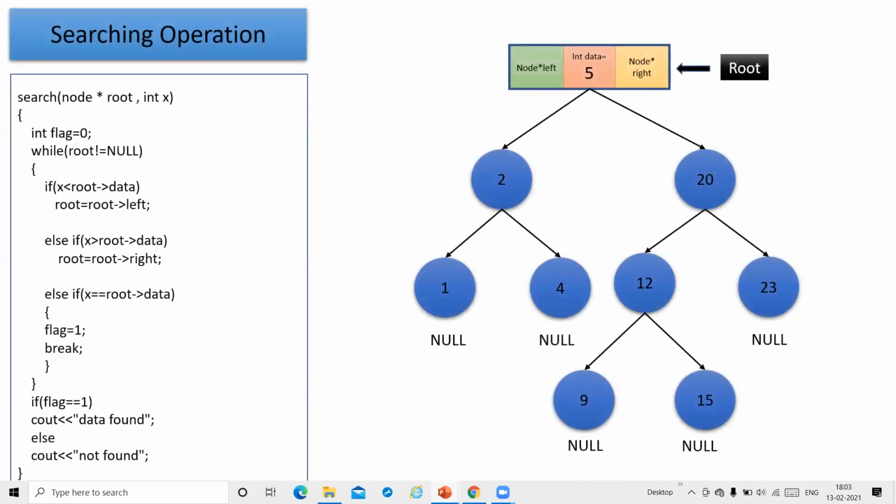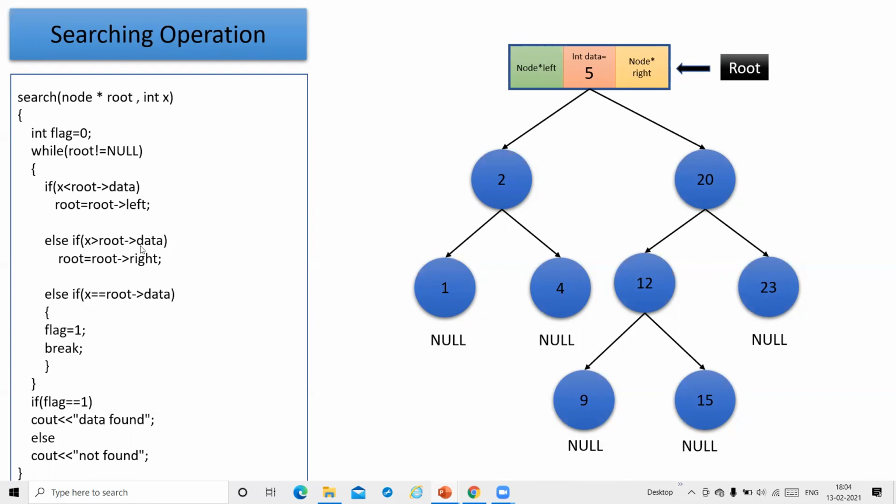So this is the code for the searching. This is a non-recursive code. We can see the recursive code also. Here we are passing the root pointer, and x is nothing but the key which we want to search in this tree. While root is not equal to null, here we have written the possible cases. If x is less than the root data, root is equal to root left, that means we are moving to the left subtree.